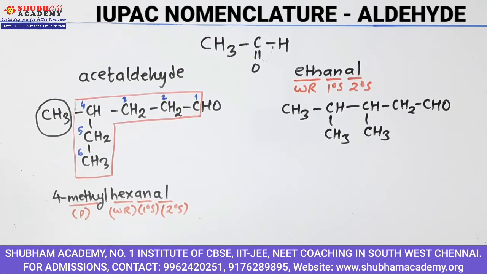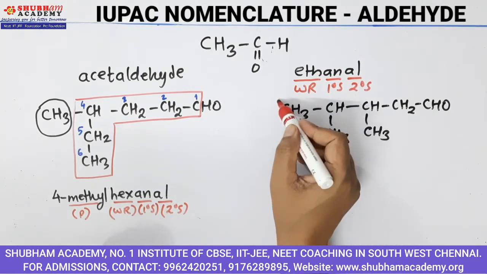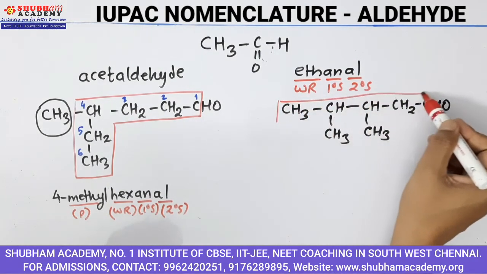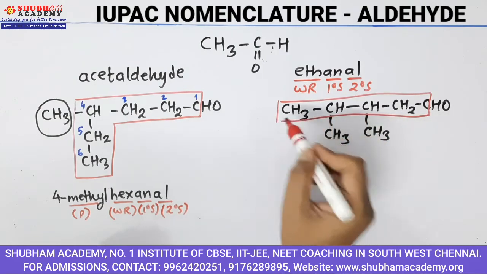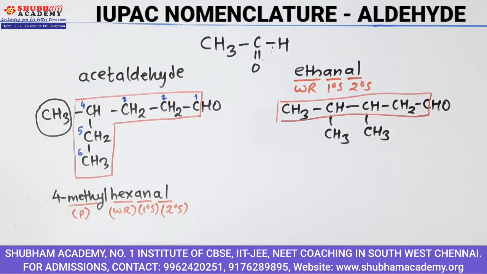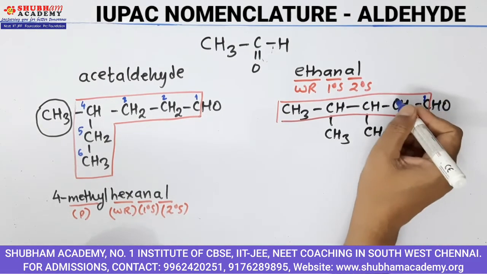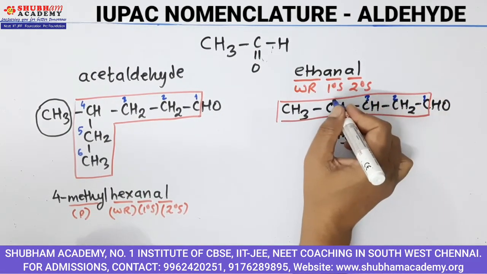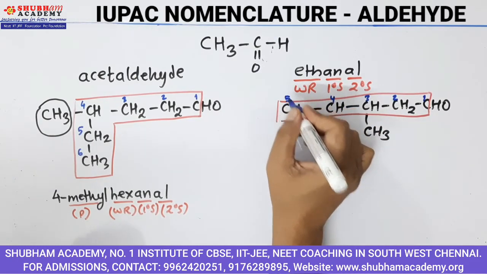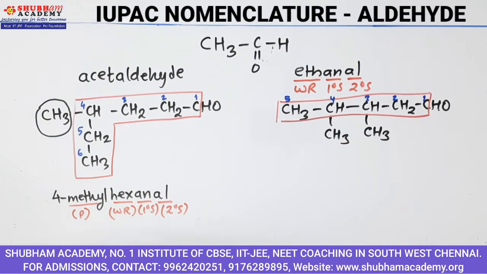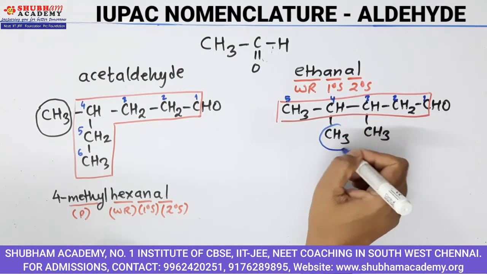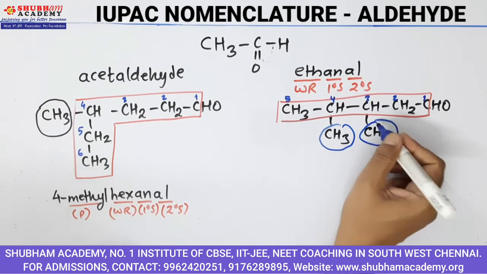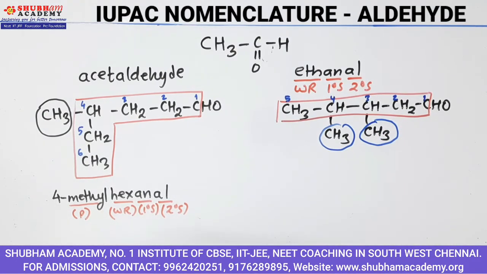right? Coming to this example, so here this is your longest chain. You have to number the chain from the side from where CHO group is nearer. So 1, 2, 3, 4 and 5. Now you can see it clearly that you have 2 methyl groups, one at 3rd position and other one at 4th position, right? So the name becomes